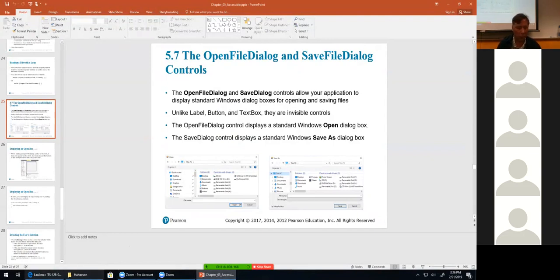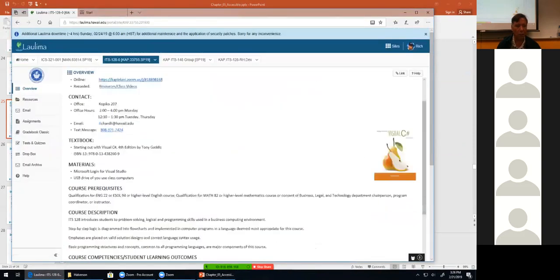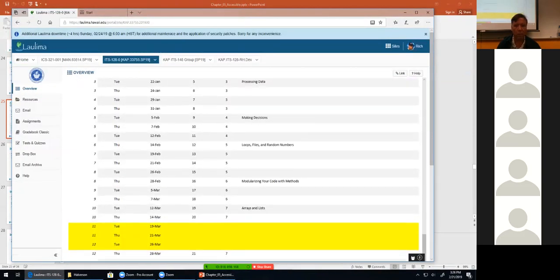So I guess what I'll do is I will review this open file dialog business, and then I'll just kind of leave it at that,